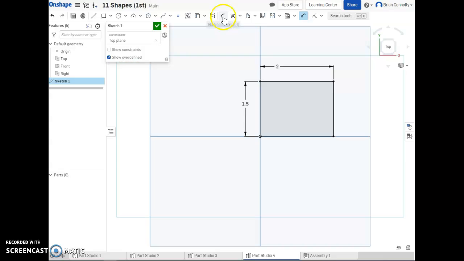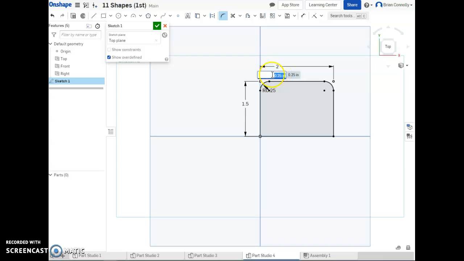So what I can do is I can go up here to the top, and there's something that looks like a couple dashed lines and then a curve. So that's actually what we're looking for. And what I'm going to do is I'm going to click on a corner, and this icon that comes up that looks like a mouse and then has a green check where the left click is, that's telling me that I can click numerous places and it's all going to kind of do the same. So I want both of these corners right here to be filleted, and so I will hit enter,